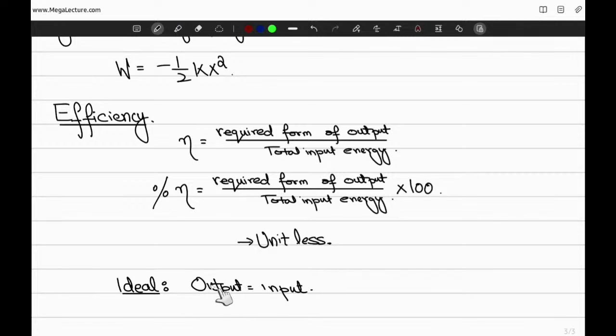Think of a heater, right? So you have a heater, and its job is to basically heat the environment. What is happening is you're giving it some energy, and it is converting that energy into heat energy. So is that not 100% efficient? Is that not an ideal machine? So I leave you with this. Think about this,